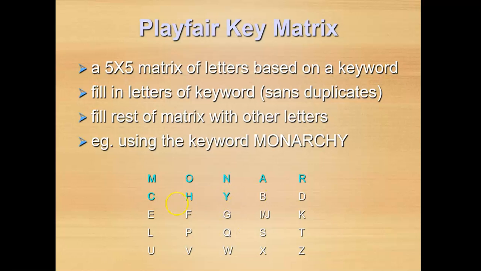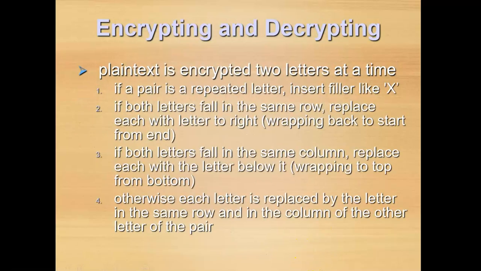So if I and J are used, then we can place them commonly in one cell, and this is not used in this key. Next K, L, M is used here, N is also used here, O is also used here. So P, Q, R is used here. So S, T, U, V, W, X. Y is already used here, so the last one, Z, is filled here. So we are filling these letters, and when you want to decrypt it,